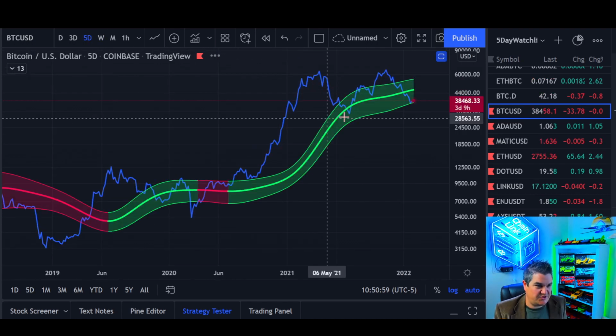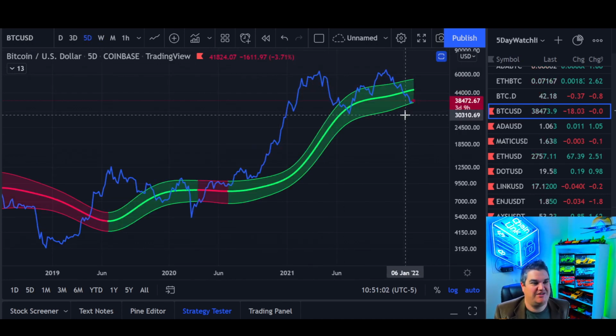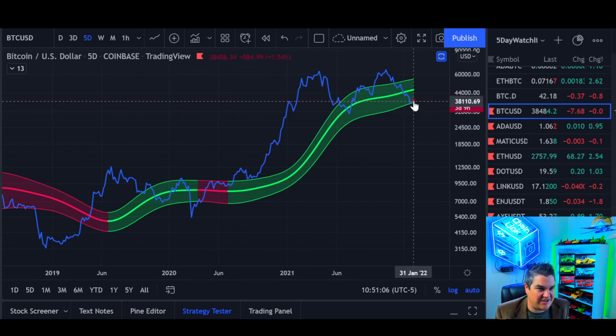But the 5-day is kind of the sweet spot, right? Not too hot, not too cold. Goldilocks got it just right. So this is the Goldilocks zone, the 5-day Gaussian channel. At the bottom of it,